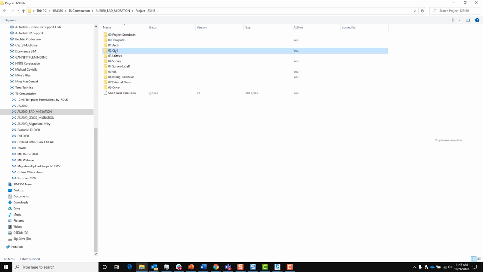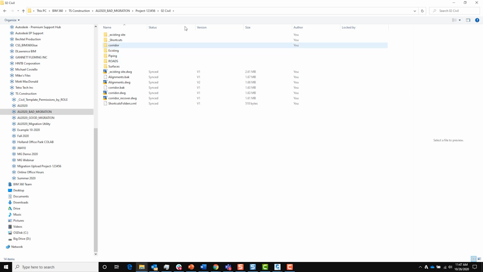And where I'm focused here is the civil folder. Now, there's all kinds of stuff in here, and I'll talk a little later on about getting rid of recover and backup files. But as you can see, for every drawing that's here, there's also a folder. So we've got a folder called corridor, a folder called roads, etc.